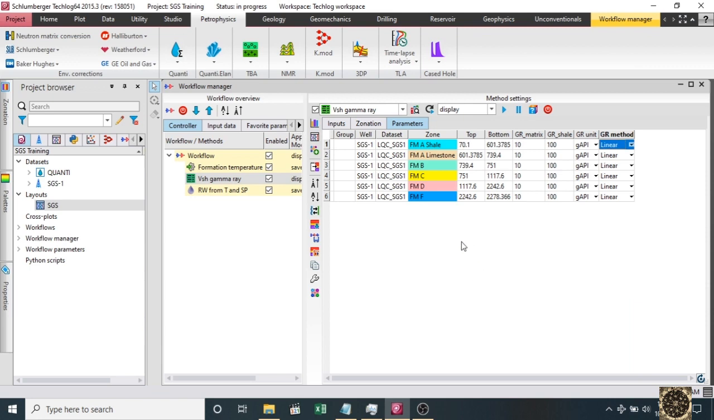So let's move to our workflow manager. We can manually add the values of GR matrix or GR shale like this, but today we are going to tell you how to visually set these values, like the shale baseline and the sand baseline. For that, you have to click on the display current layout parameter, and then you have to click on the layouts of input,